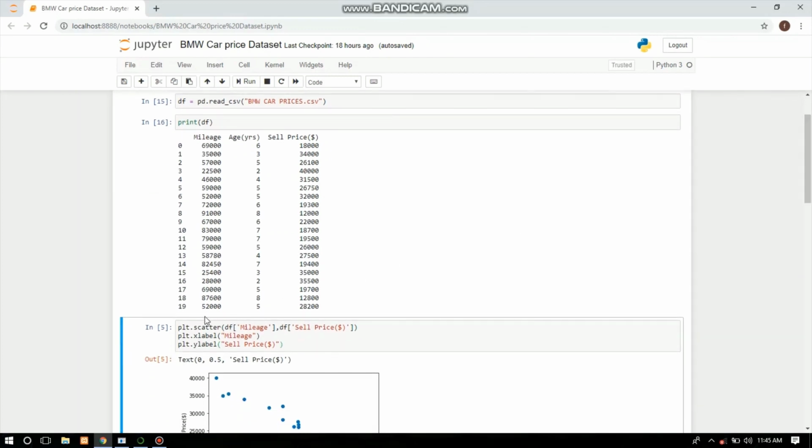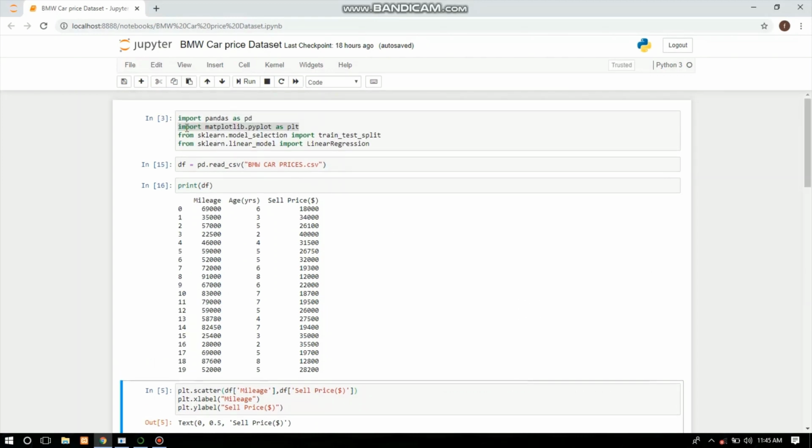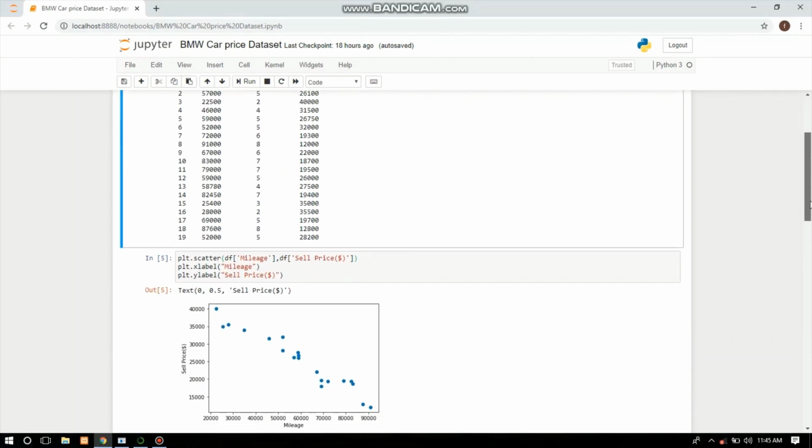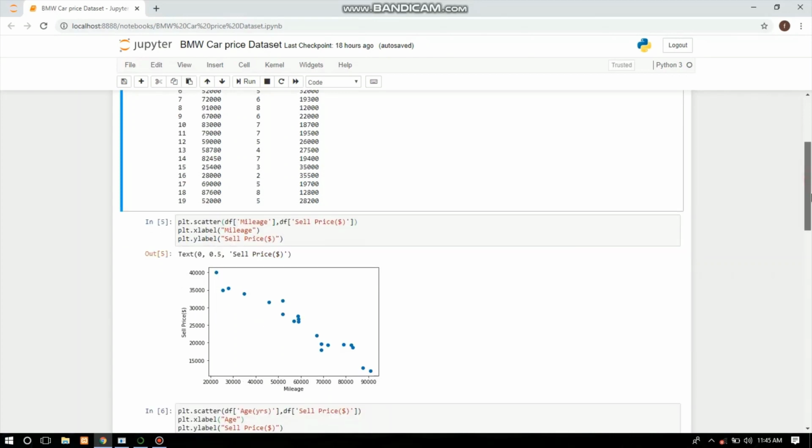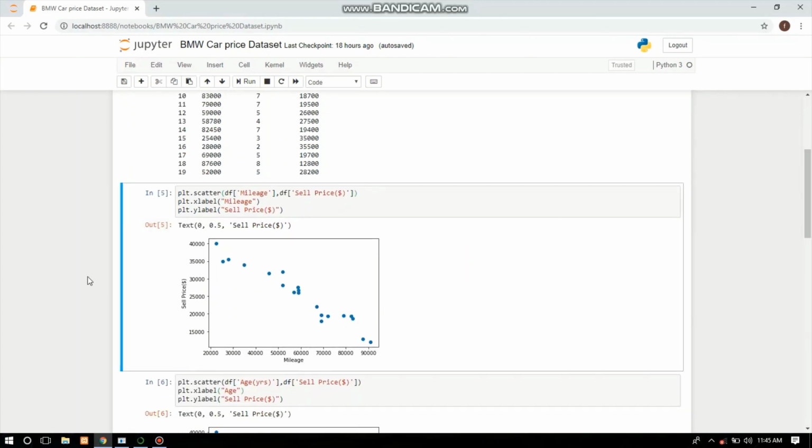First, we are looking for the relationship between the mileage and sale price. Here we are plotting it through the scatter function that's available in Matplotlib, the package that we imported earlier. So if you run this code, it will give us a graphical report of the mileage against sale price.